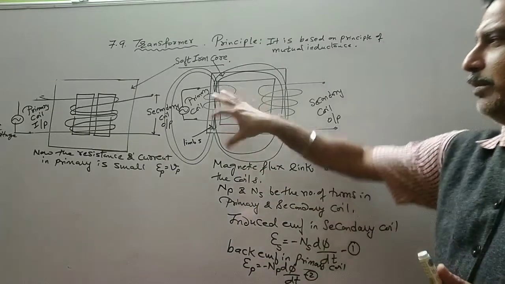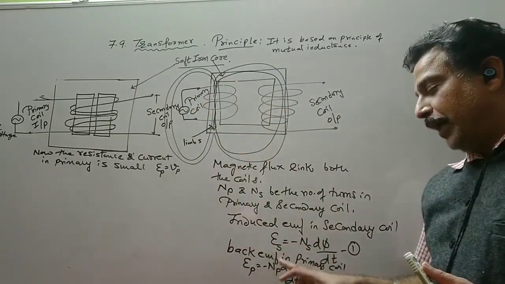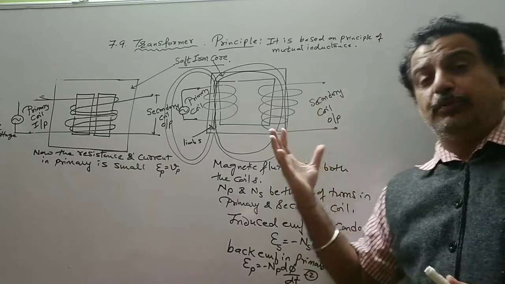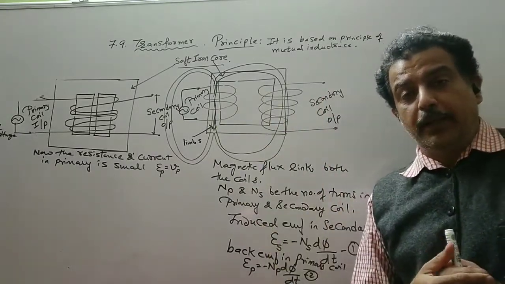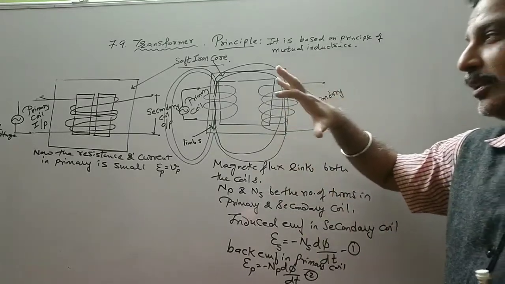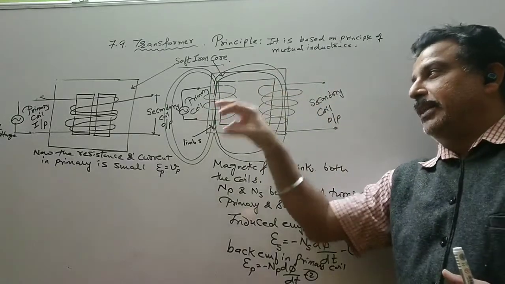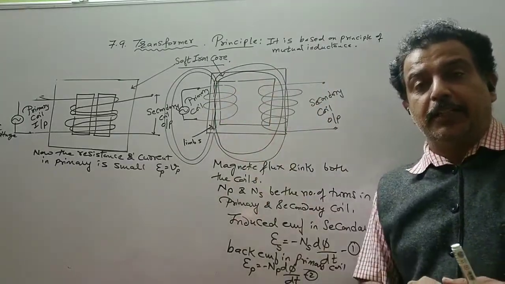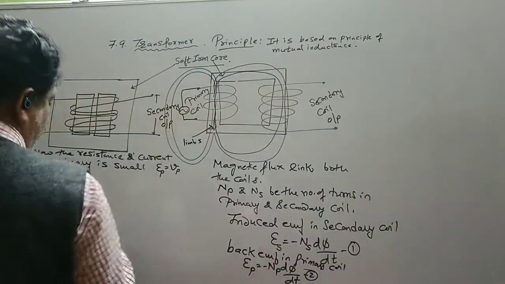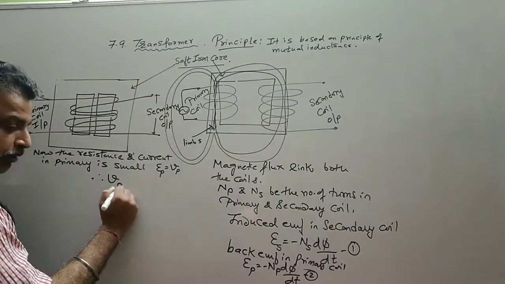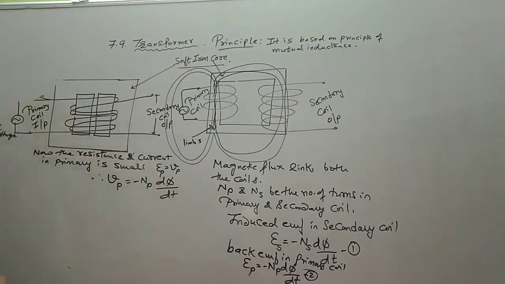So there is some resistance of the primary coil. So we replace EP by Vp, and if we assume there is no resistance in the primary, then the current in the circuit would be infinite. But it is not the case. We have a VRMS or IRMS of the current, so the current is not infinite. So we assume EP is Vp, and therefore we write Vp is equal to minus Np d phi by dt.